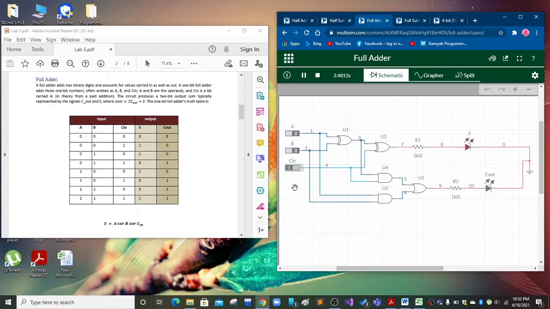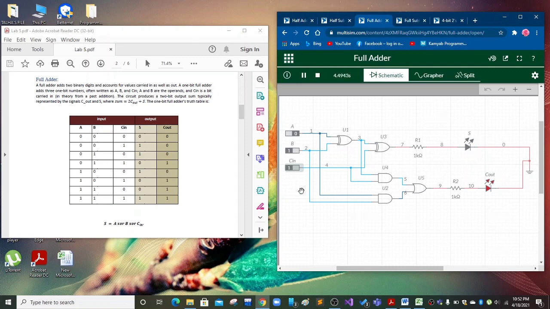for the input carry in 1, our output sum is 1 and the carry out is 0, and for B is 1 and the carry input and A is 0, the output sum is 1 and the carry out is 0. And for input A and B and carry input is 1, the carry output is 1,